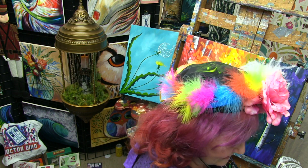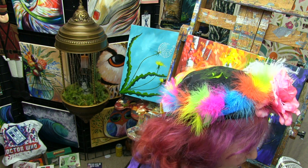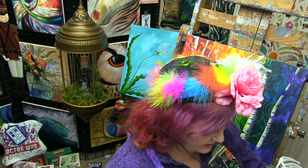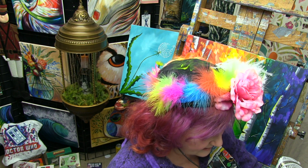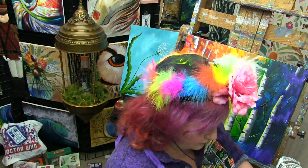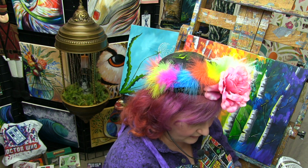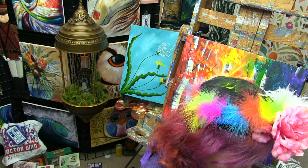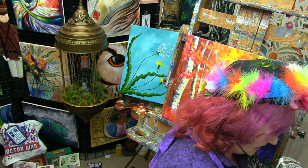All right, let's wet our brushes, and we're going to make our color wheel. So up the color wheel, the color wheel's high point is always the yellow. As you move up the color wheel, it's warmer, and as you move down the color wheel, it's cooler. And so I'm going to sit there and say, okay, I feel that my cad yellow medium here,